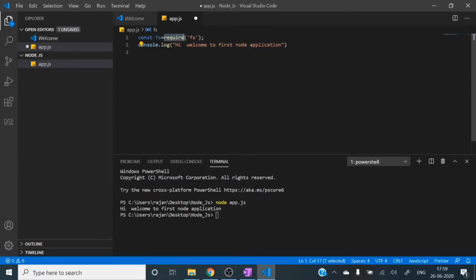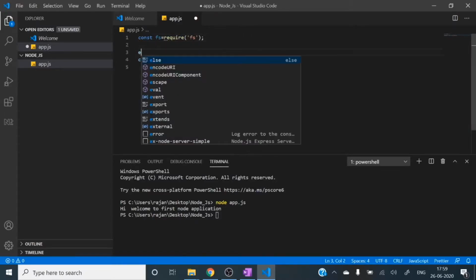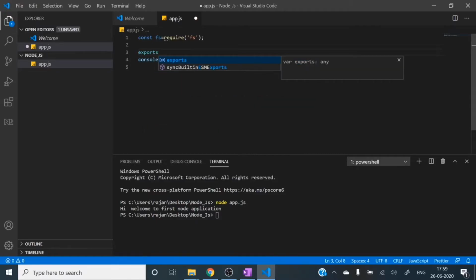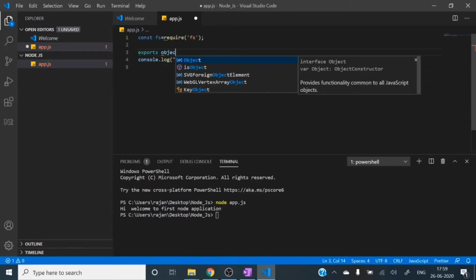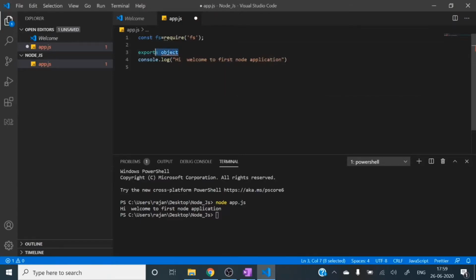After executing that, it will return an exports object. So it will return an exports object, and on that object you can perform different kinds of operations, right? So let's see.